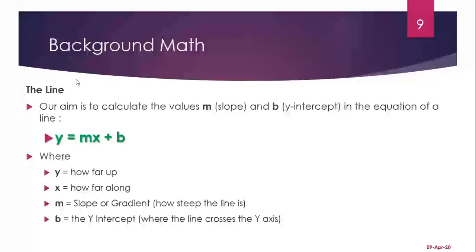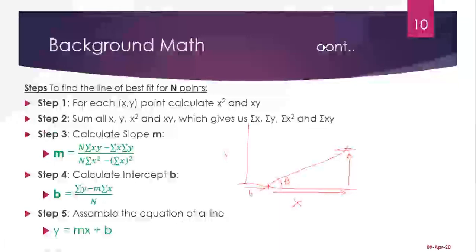So we need those things: y is equal to mx plus b, where m is the slope and b is the y intercept, and here y is how far up. That means if we have a graph like this,